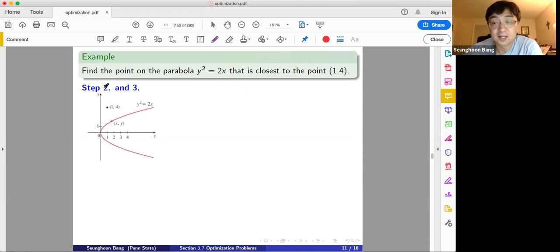So what's the main problem? You have to choose (x, y) on the curve y squared equals 2x. The given point is (1, 4). This is a typo here: (1, 4), not 1.4. The 1 and 4 is the given point. So find the point on the parabola that is closest to the point. What does it mean? Just to minimize